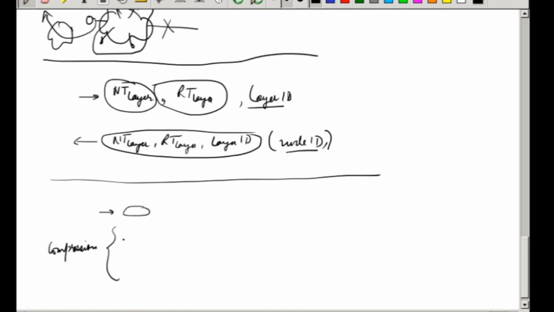But this also is slightly tricky, because you need not send everybody the routing table for all the layers, because you may not be participating in those layers. When you are a leaf node, you don't send any routing table for that layer, you only receive it, and you only send the heartbeat packets. So compression probably does not make sense. It will be much more cumbersome, because you have to figure out which layers have to go to which particular node ID. And only for those node IDs and those layer IDs you would be compressing: if they are common entries, instead of multiple, make only one common entry.